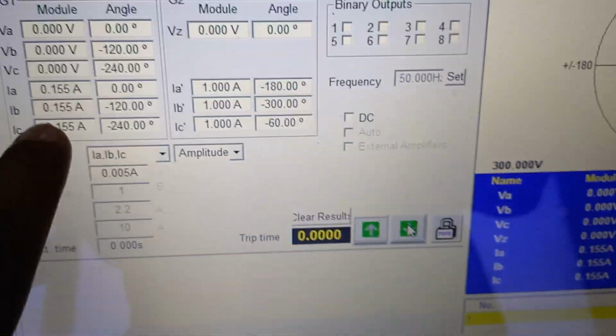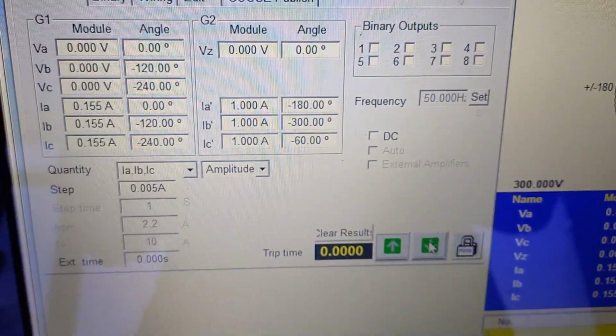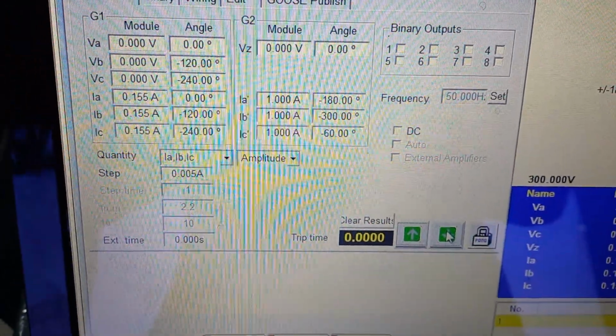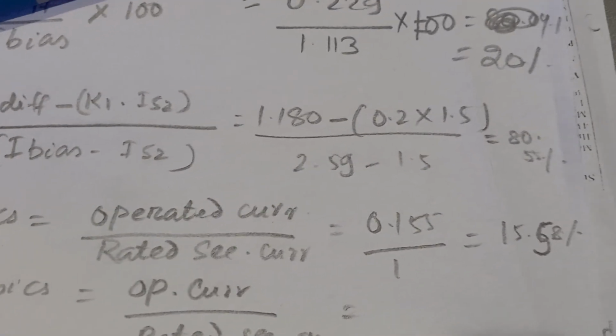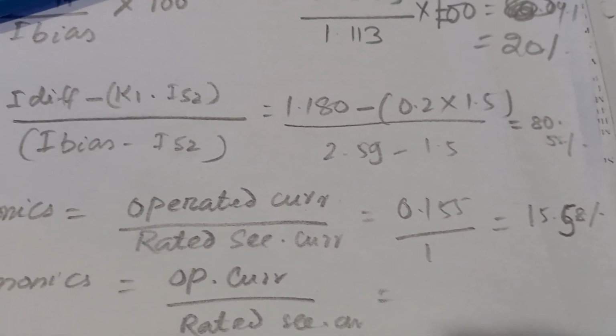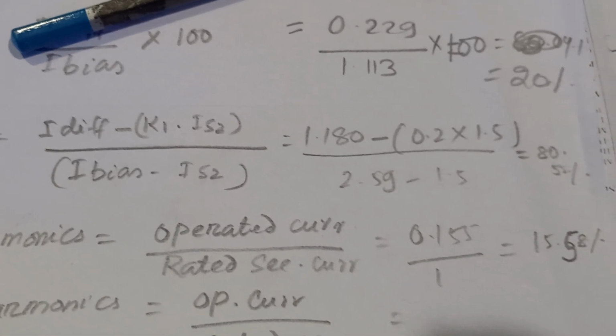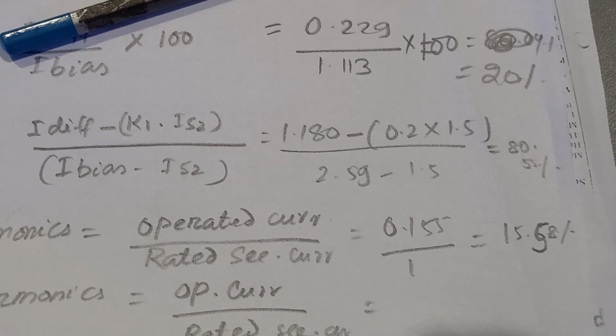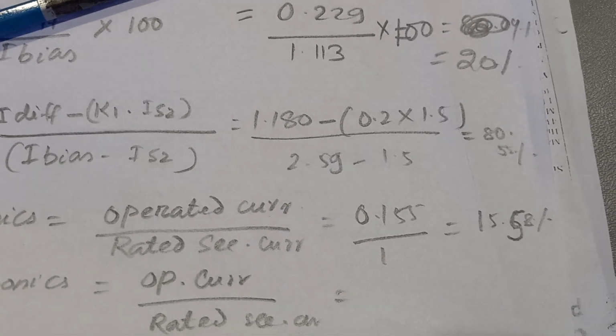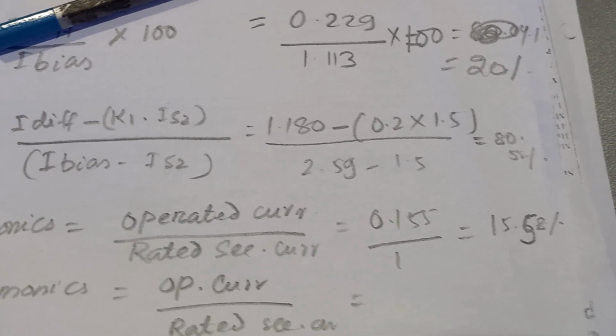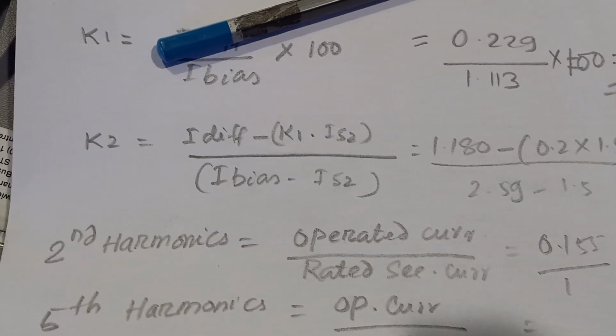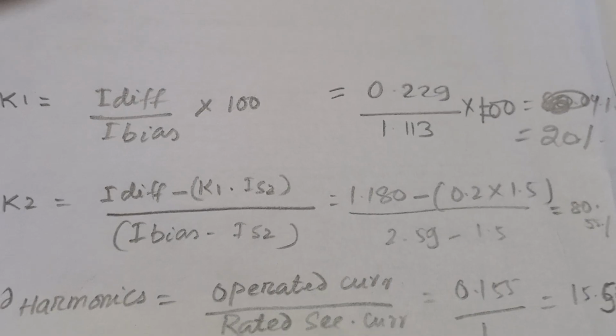So I note down this current, 0.155, and I will calculate. This value is 15.58. As per the relay setting, the value is exactly 15%. So this is the method to test second harmonic